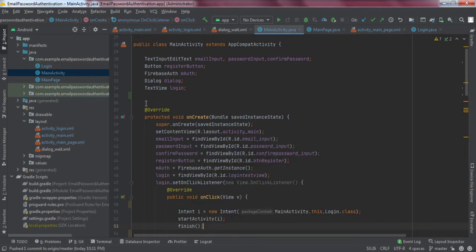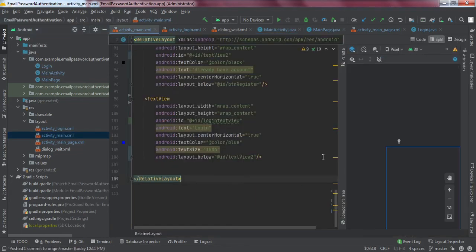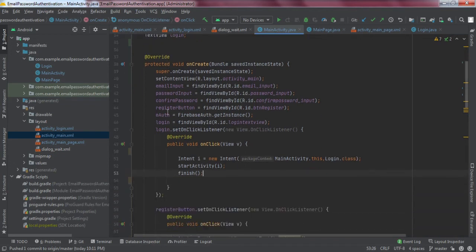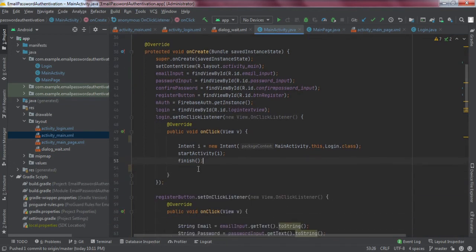I'll just refer to this text view that is there on this page, this login text view, right? So we have set the on-click listener on this, and we have started this activity by calling startActivity and making this intent object, right? So it will go to that sign up page.